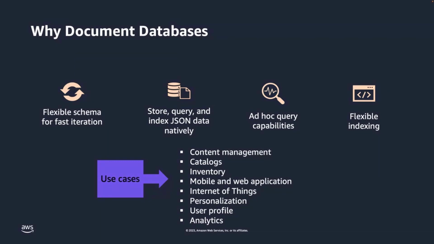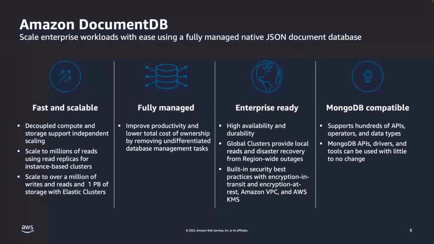Personalization is also a common use case. We see customers customize offers based on transaction history or financial data to improve user experiences. In addition, with the scale that AWS and Amazon DocumentDB provide, we're also seeing customers deploy document databases for a much wider range of internet scale use cases, including critical customer-facing e-commerce applications and IoT solutions. Working backwards from our customer needs, with the use cases that were just mentioned in mind, we built Amazon DocumentDB with a cloud-native architecture designed for scaling enterprise JSON workloads with ease.